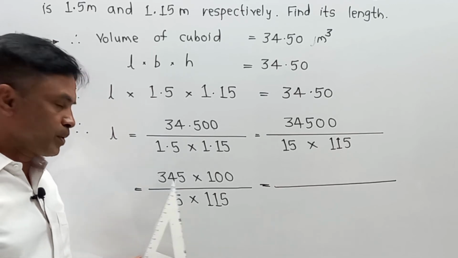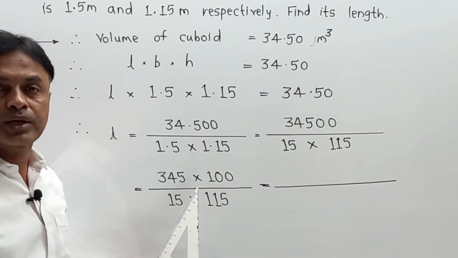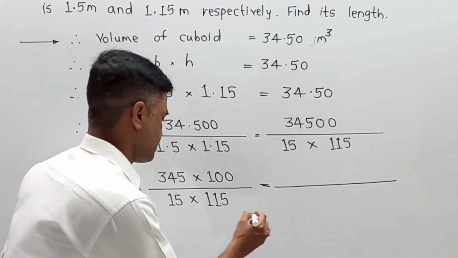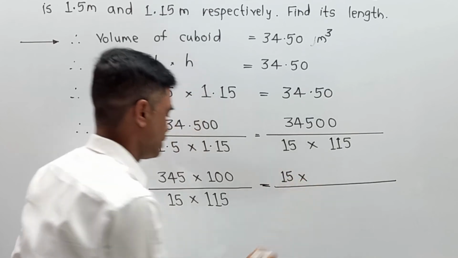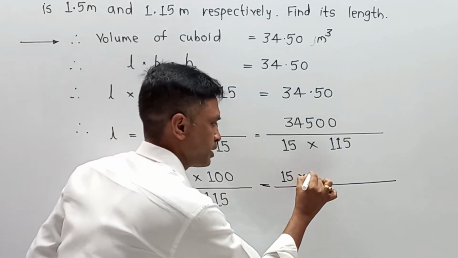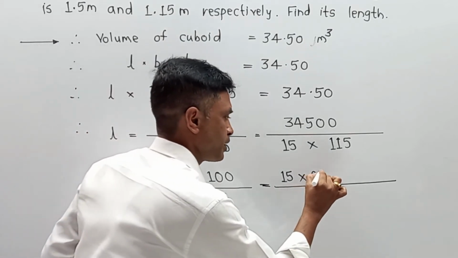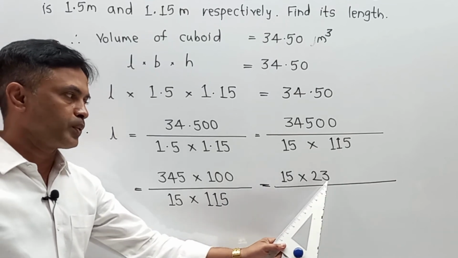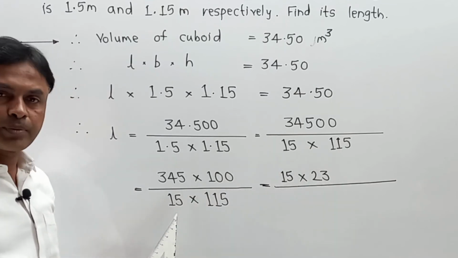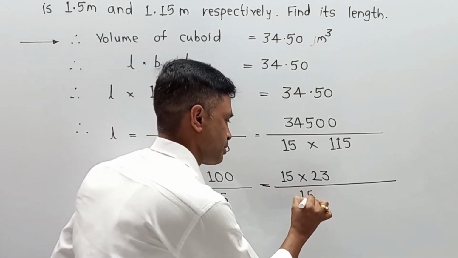Now please pay attention to this calculation. As it is a 15 number, I am going to split this number into the content of 15. So 15 2s are 30, carry 3; 15 3s are 45, means simply 345 can be written as 15 into 23. No doubt we are done, because we know that at the basement there is a 15 available.